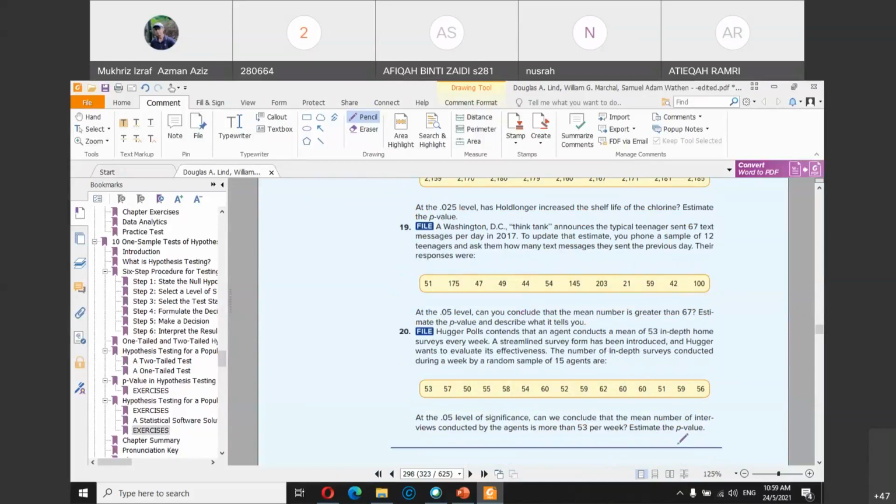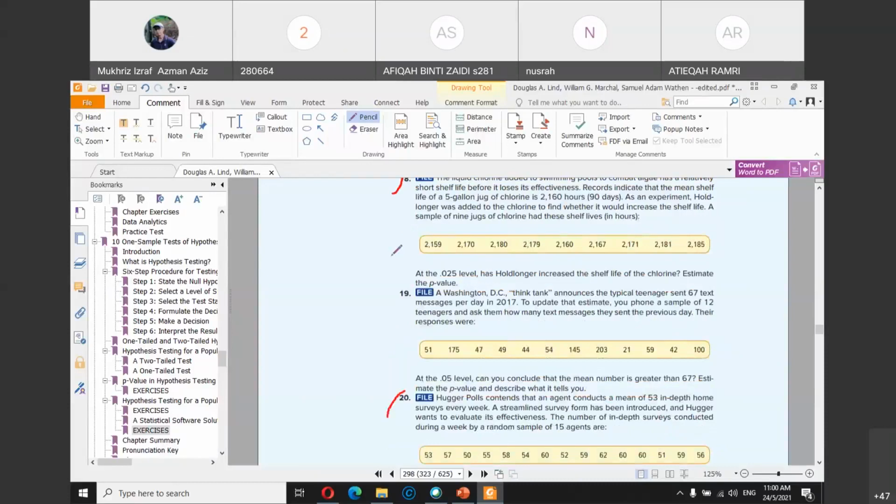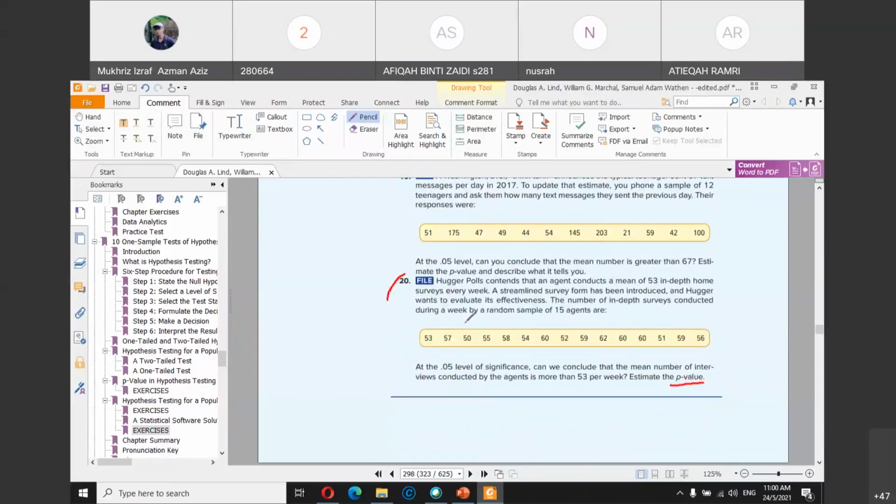If you see any question on the p value for the t test, I have not shown you how to do it. I will only show you in the next chapter. So if you need to calculate the p value, just ignore it. No need to answer that. Just focus on step number 1 to step number 5: what is the H1, H0, until you arrive at the conclusion. The p value for the t test, for the t table, I will explain when we start the next chapter, chapter number 9. So question number 18, question number 20,